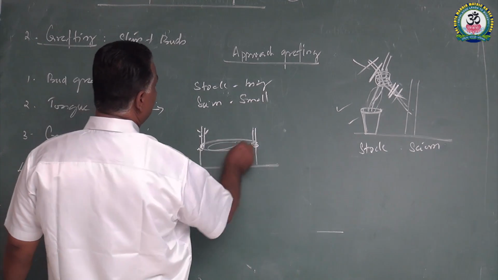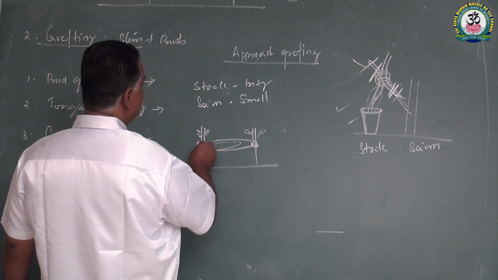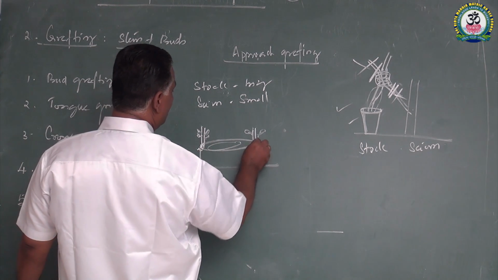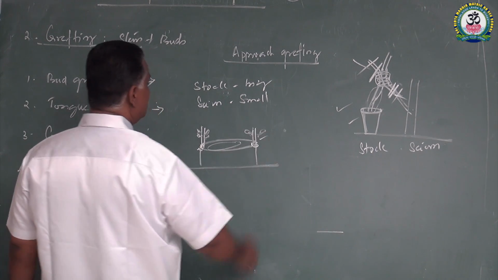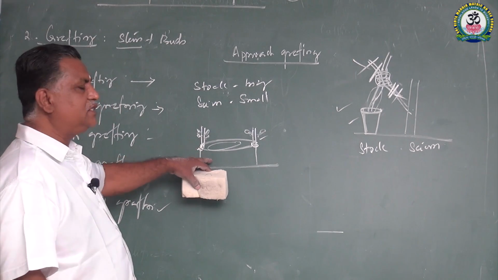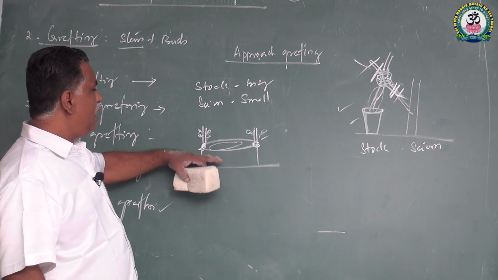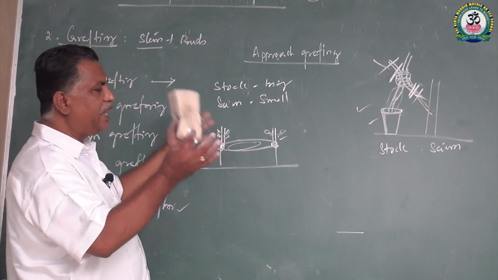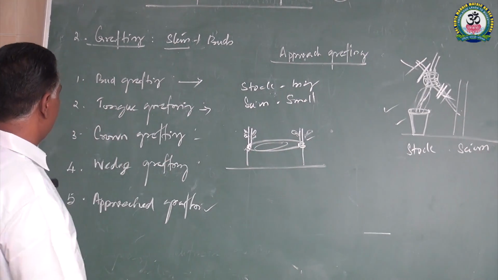After some time there will be a vascular connection between the scion and stalk, and this can be grown into an individual plant, or it can be left as such. Very near the ground it is detached, and new plants grow over this. One or 2 or 3, 4, 5, a bush-like appearance will be the result of this grafting.